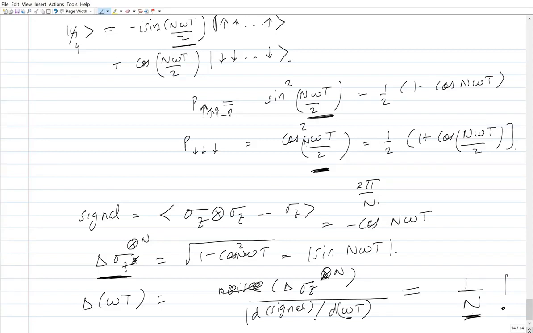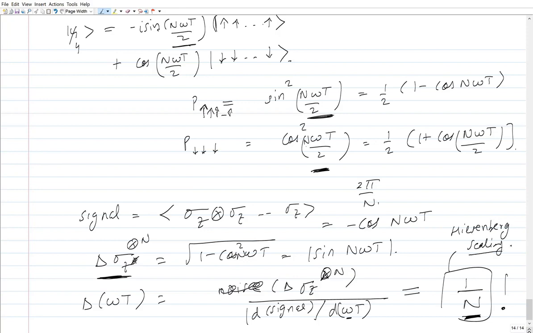So this estimate is square root of n times more precise than my previous protocol where I used unentangled n independent trials. So this is called the Heisenberg scaling, and this is